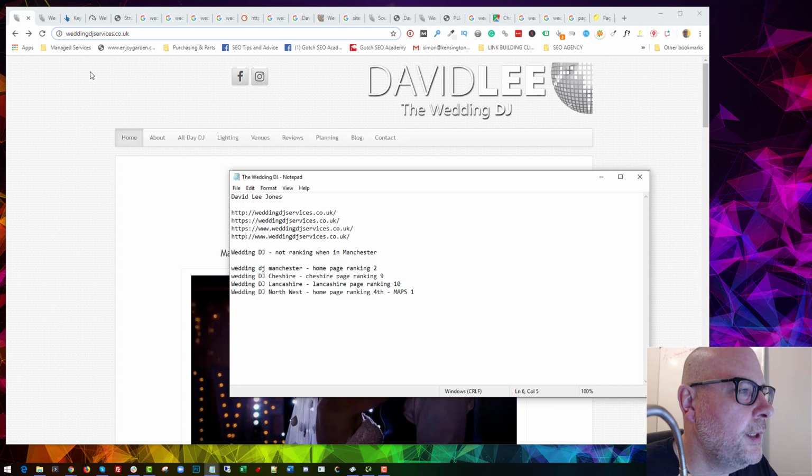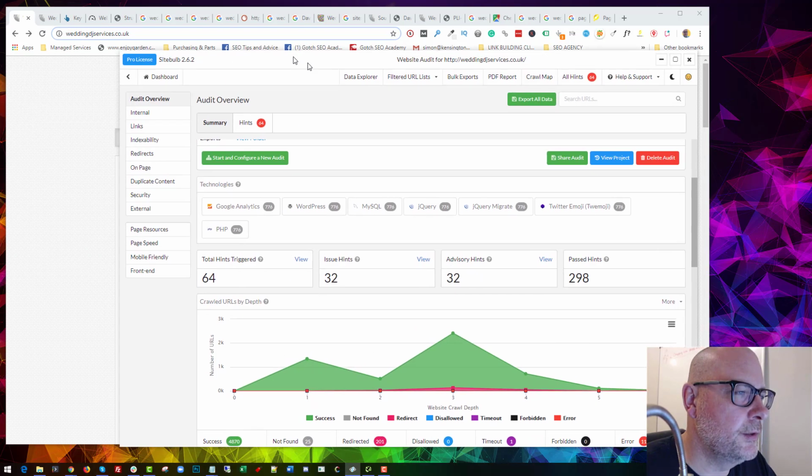So normally when you set up the SSL, particularly on WordPress, you can use a plugin like Really Simple SSL, and that will handle the redirect so that it automatically redirects over to the correct version. You can use the .htaccess file as well to do that. So that certainly is something that needs looking at, because one of the issues that has come out from that is that you've got a lot of duplicate content on the site,